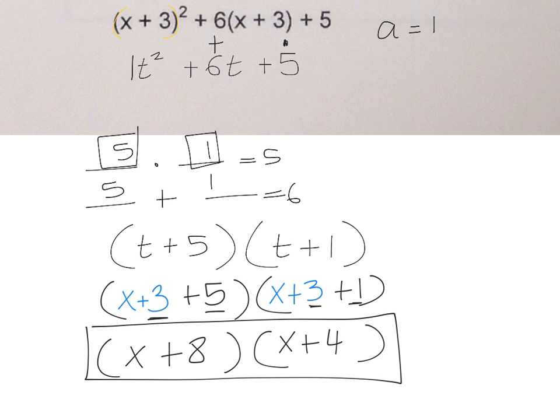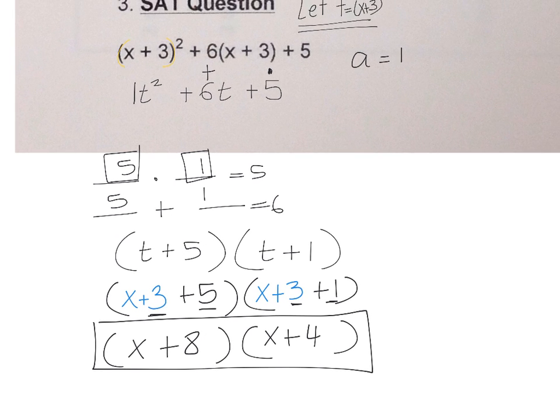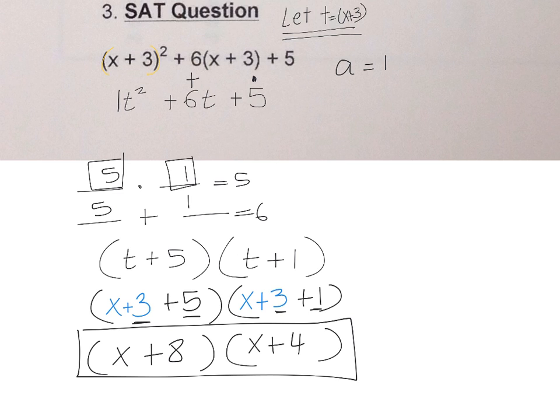So if you have something like this, and you will have something like this on the SAT, a lot of students are tempted to FOIL, write x plus 3 twice, and distribute the 6, and then combine like terms and factor whatever they get from that. Now, yes, you will get the same answer, but it's a long process,